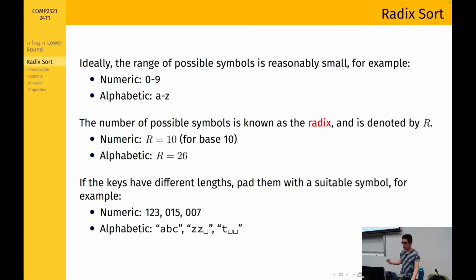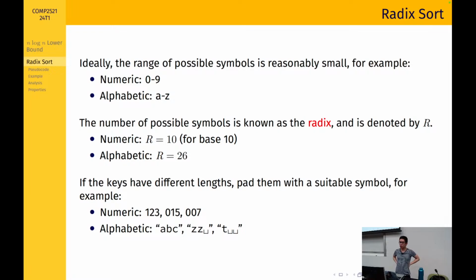And the reason we want to pad numeric keys with 0 at the start is because if we pad them at the end, then, let's see, if we have number 15 and we pad it with a 0 at the end, then 150 is going to be treated as greater than 123, right? Even though the original number was 15. So that wouldn't really work. But for alphabetic strings, we want to pad them with a blank character at the end, because